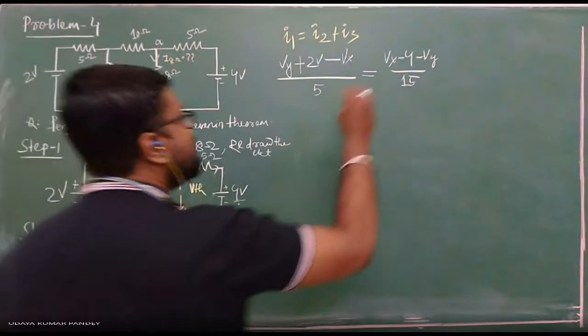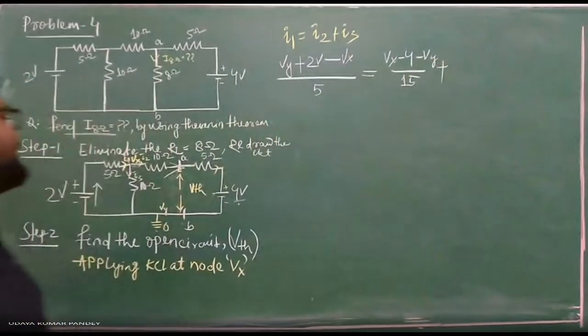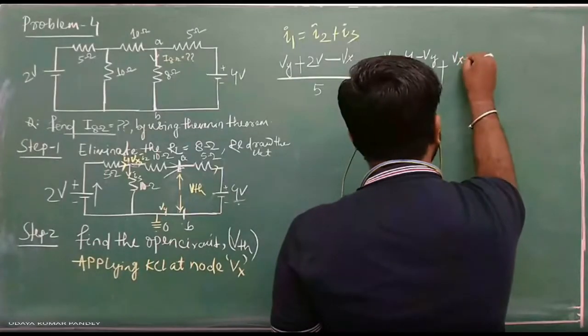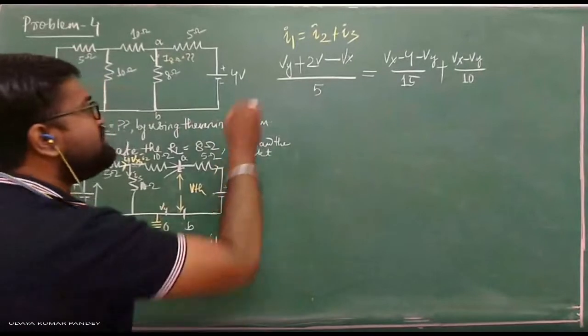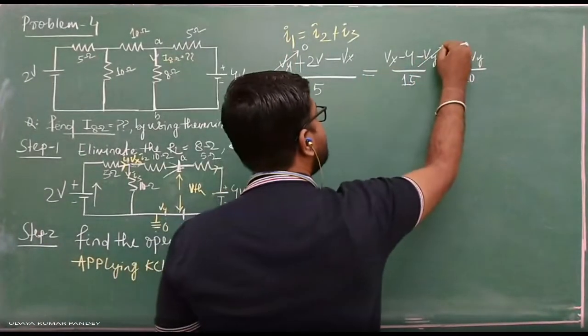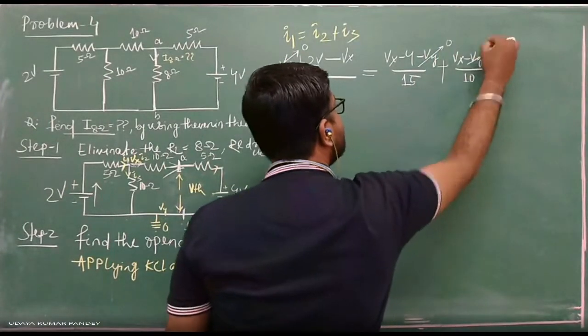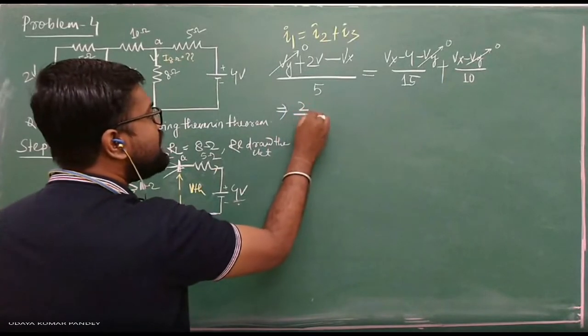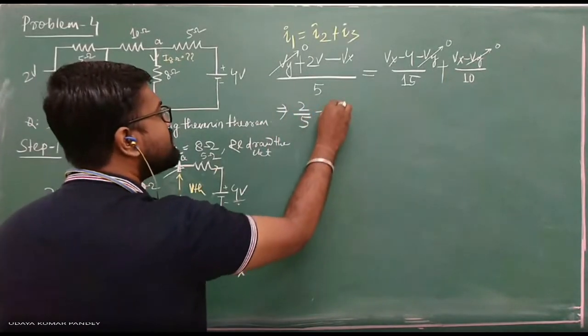Now calculate I3. How to calculate I3? This current, Vx minus Vy divided by 10. Very good, 10. And everybody knows that Vy is your reference voltage, I can eliminate it with 0. Then what is the value? You just see 2 by 5 minus